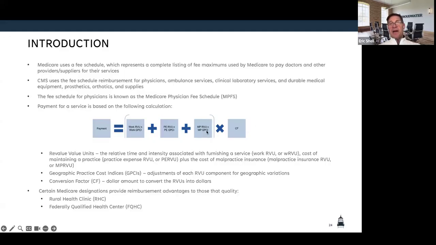We multiply that by this GPCI, this geographic pricing. In Alaska, that's very high. Your GPCI may be 1.5. So you get additional weights because of your high cost of living. Then you multiply that all by a standard conversion factor that's set by the federal government every year. That's around $34 right now. So each CPT code then has a total relative value unit weighting. The relative value total weighting is made up of these three components: the work component, the practice expense, and the malpractice. You add those three together, multiply it by a conversion factor, and that's how you determine payment.